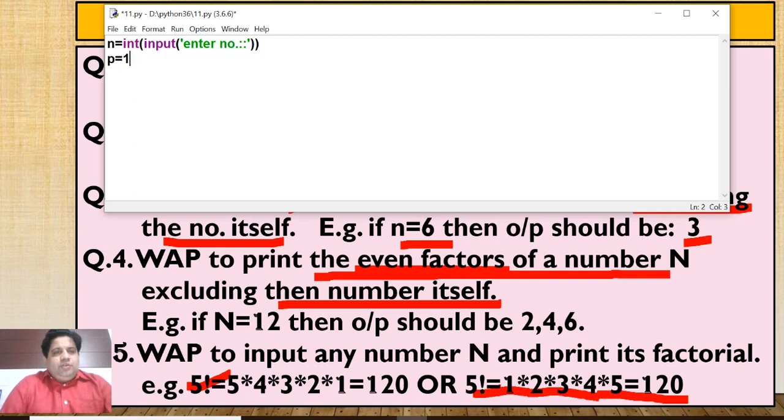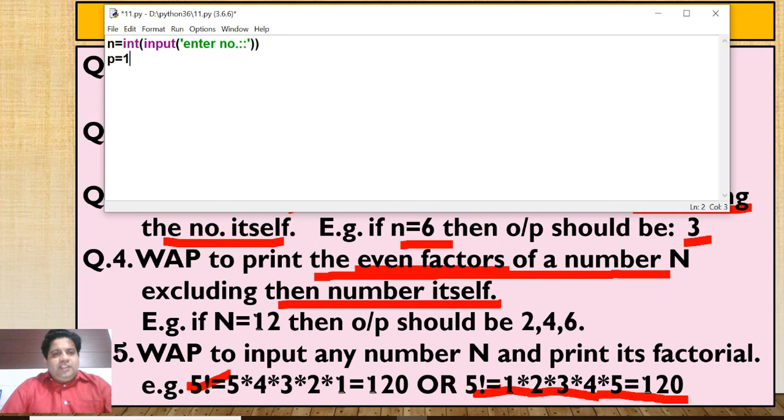In the previous tutorial I have told you, whenever you have to find the sum of values, take one variable and initialize it with 0. But whenever you are finding the product, okay, keep this in mind. Whenever your program needs to find the product, take one variable and initialize it with 1.